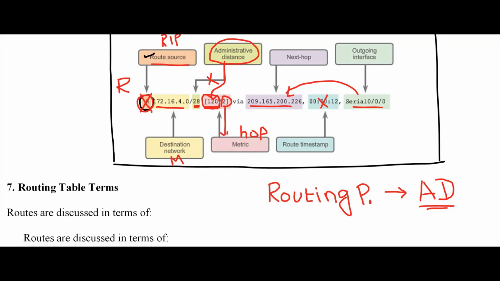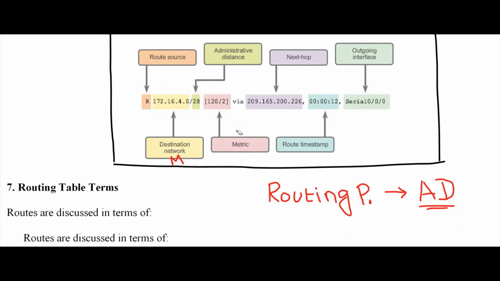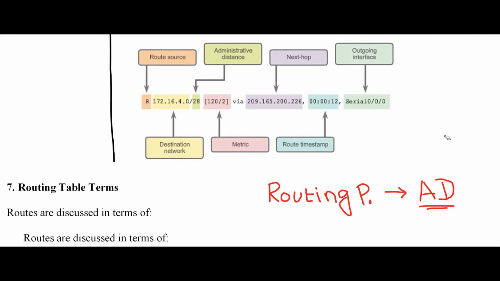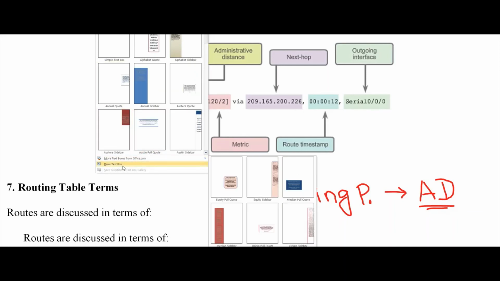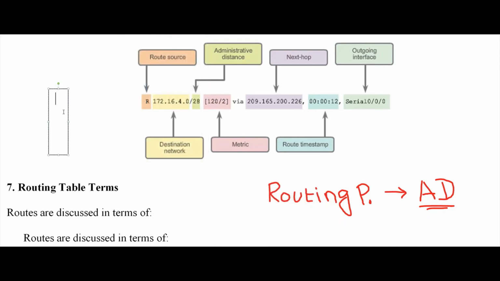I'll just clear everything and make it in a simple way. Okay, I cleared everything. I'm going to repeat in a very easy way. Now you see, in the routing table, there are 2 different types of entries we are discussing. The first type of entry we already discussed. The first type of entry is directly connected.